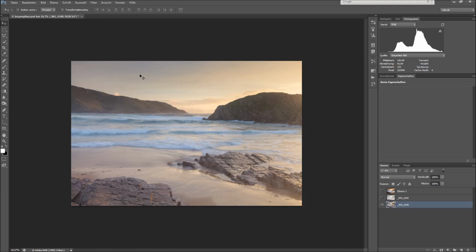In this short video tutorial I want to talk about the concept of exposing to the right. We'll look at this image I took in County Donegal, Ireland 2 years ago, and what you see is a seascape scene which I photographed by using 2 Lee